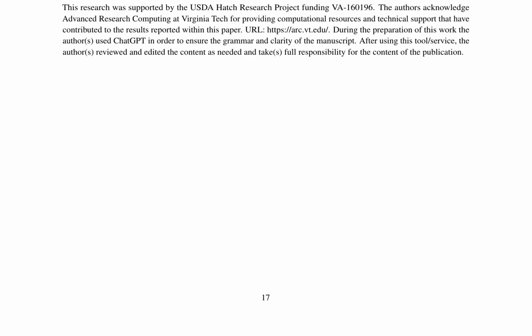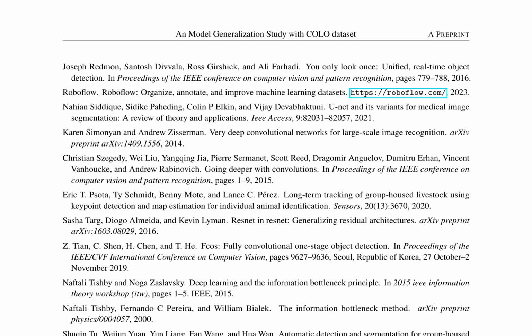learning models in precision livestock farming. It highlights the importance of object detection and segmentation in animal farming, particularly for tasks such as posture detection and tracking of individual animals. The authors emphasize the need for robust and efficient algorithms that can handle large datasets and provide accurate results. The study utilizes various state-of-the-art object detection models, including YOLOv8, SSD, and FCOS, to evaluate their performance